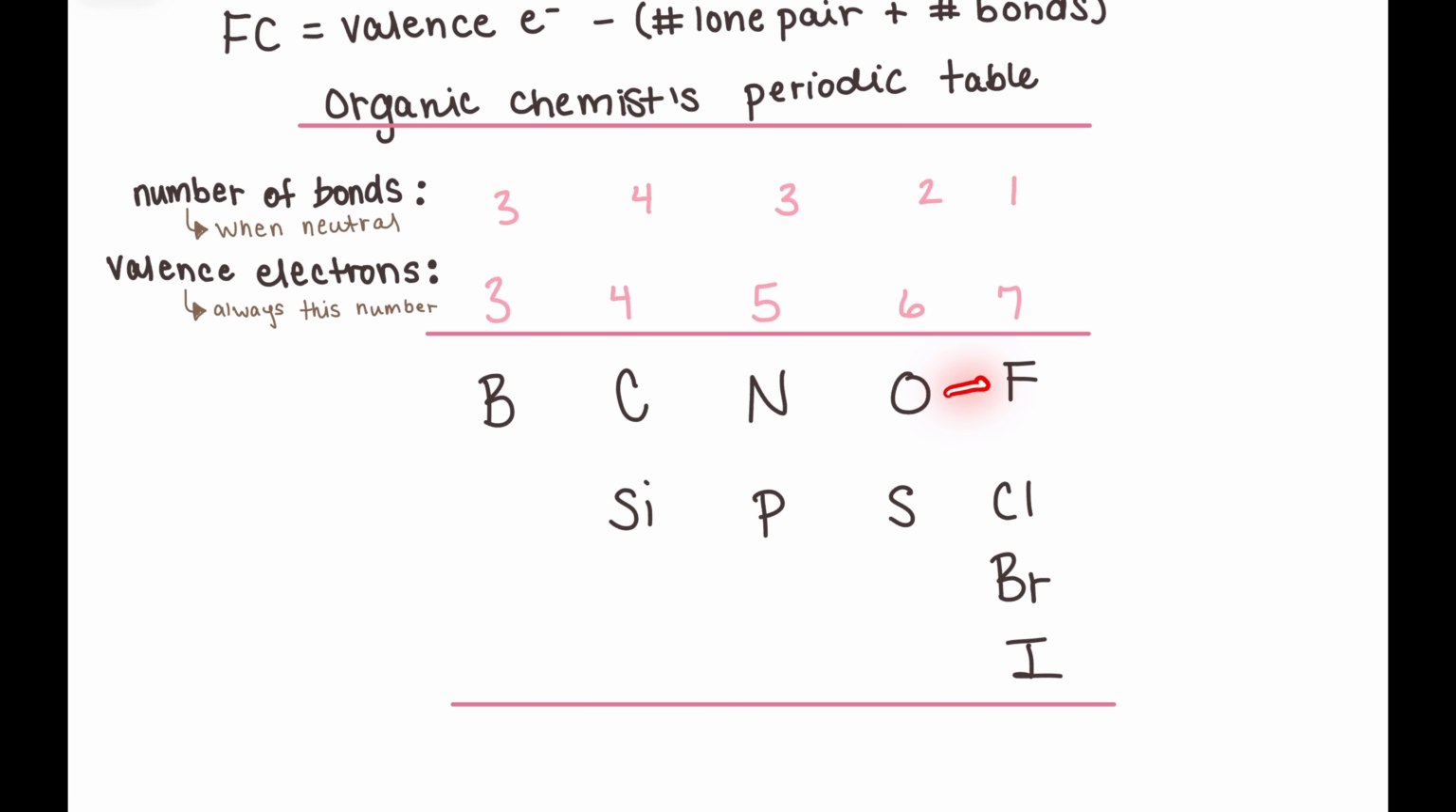Now moving on to the last column. Here we have the halogens. Halogens now have 7 valence electrons. However, they will always make 1 bond when they're neutral. Just like we saw previously with BF3 and CF4. All of the halogens will behave the same. So that's like BCl